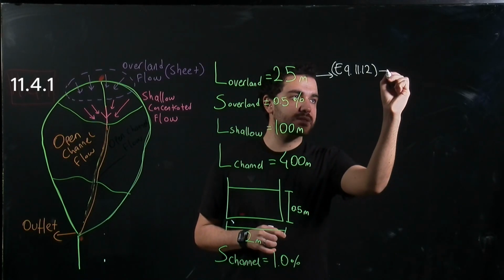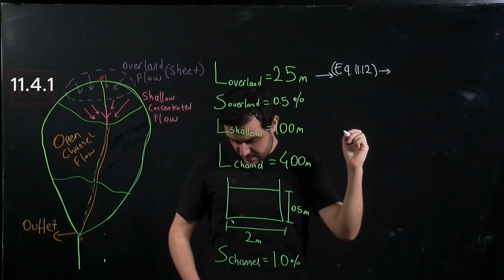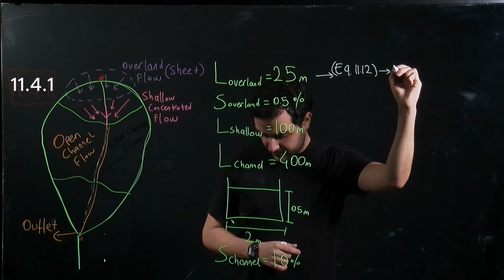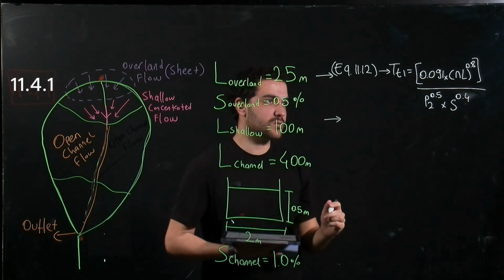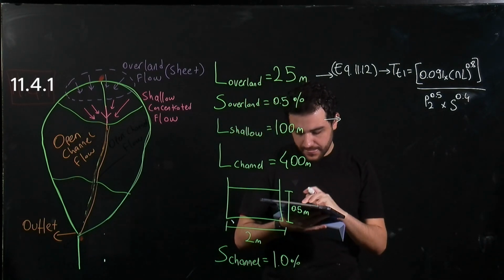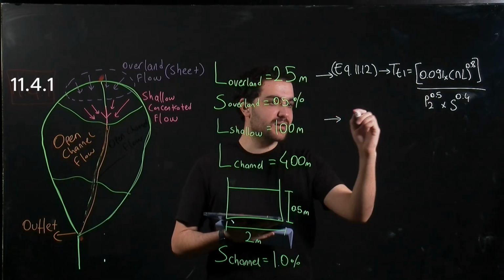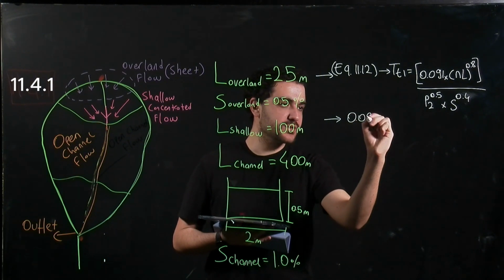So it is the travel time. And let's continue with what we have. So this is coming from the equation, so it is 0.091